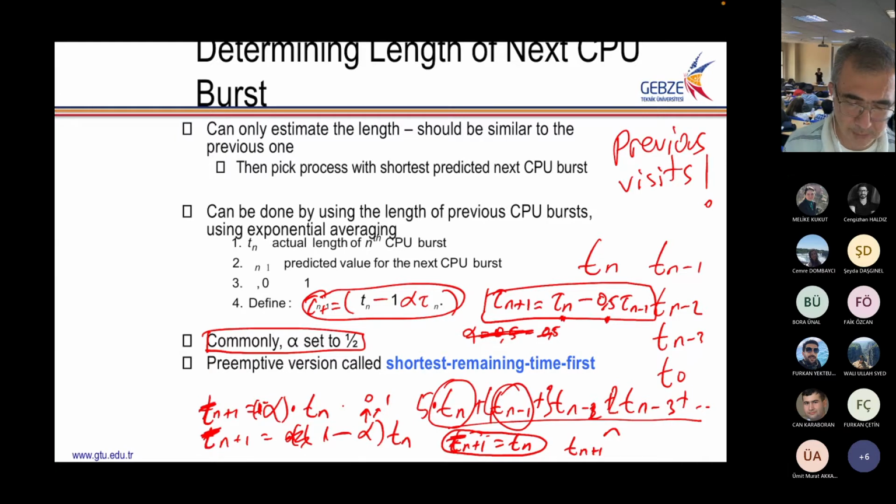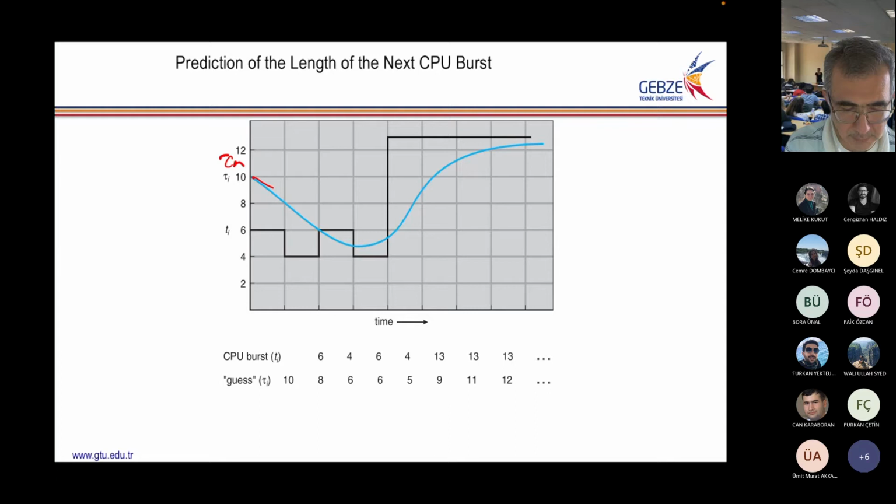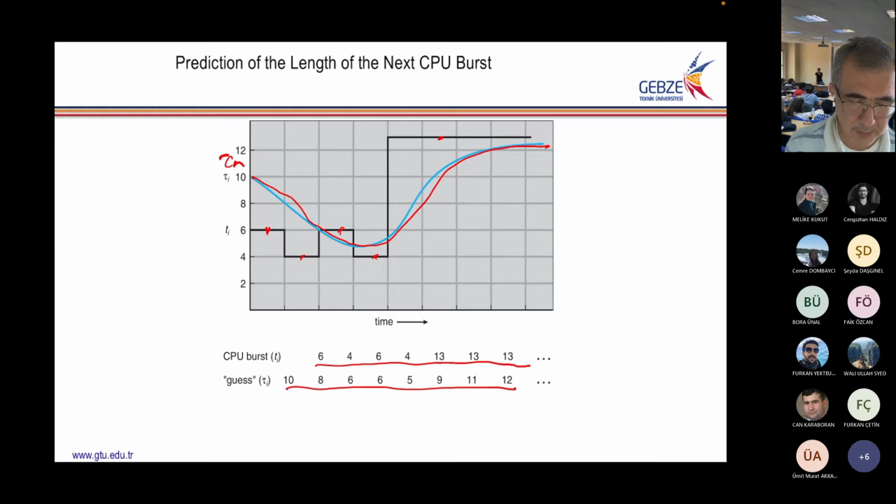Let's move to an example. This calculation, this is tau n, this one. And these are Tn's. T0 is 6, T1 is 4, 6, 4, and 13. Okay, these are T's, and these are tau values. First, it is calculated, it was 10. At the beginning, it was 10. Let's say that. Next,